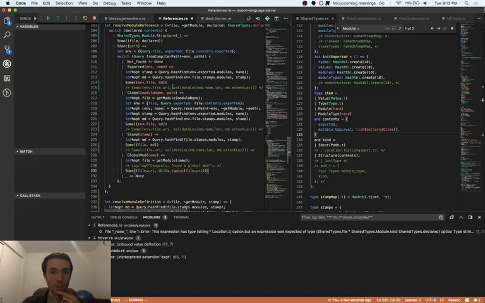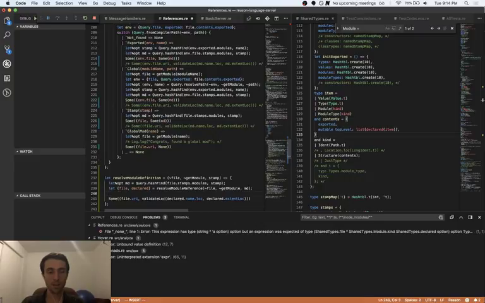And so maybe this needs to be an optional declared. And so if it's a none, then we know it's referring to the file itself. So that's none, and then